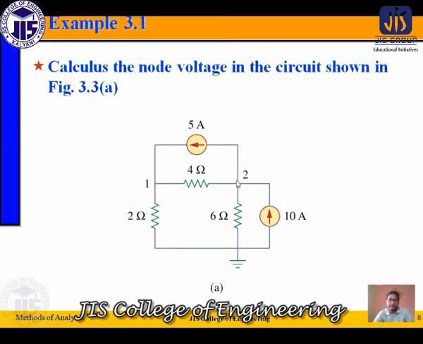Similarly, this point where the 4 different branches are connected together, we can consider this one as a node also, no problem at all. So there we are getting 3 nodes. Among these nodes we have to consider one node as a reference node having a potential 0. Which one are we considering? The lower one. The lower one we have considered as the 0 potential node or the reference node, and for the remaining nodes, node 1 and node 2, we have to put the values of unknown voltage. We can consider the unknown voltage V1 and unknown voltage V2 for these nodes.